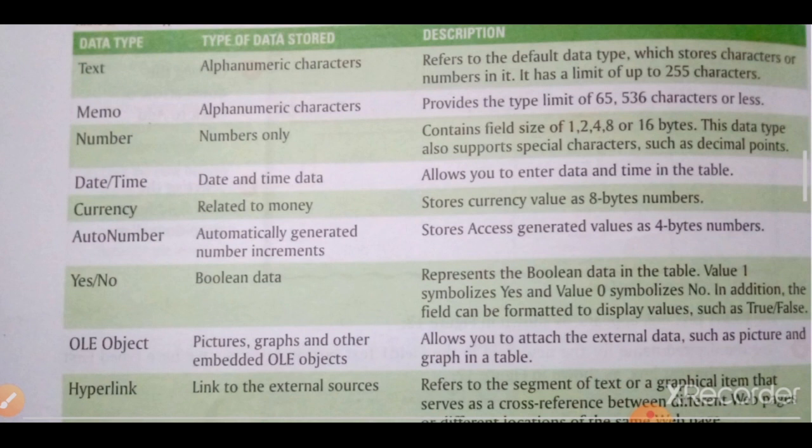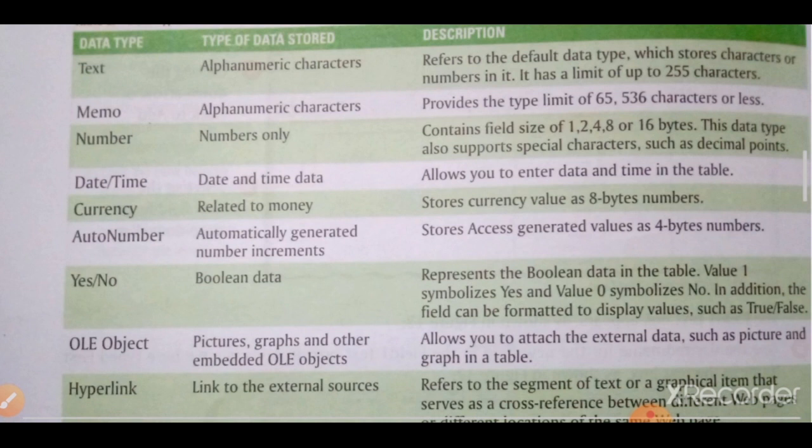The third one is number. It is very simple, like 1 2 4 8. So this is all the numbers that you can save. The next is date and time that I had discussed earlier. When you have to enter the date, like date of joining, date of resigning, date of birth, all these, then you will have to select date and time. Currency, when you have to store money. Auto number generates automatically, like 1 2 3. When you enter data, a new row will be generated, and it will be numbered like 1 2 3 and so on. Yes, no, this is a type of boolean data, when you need to enter true or false only.